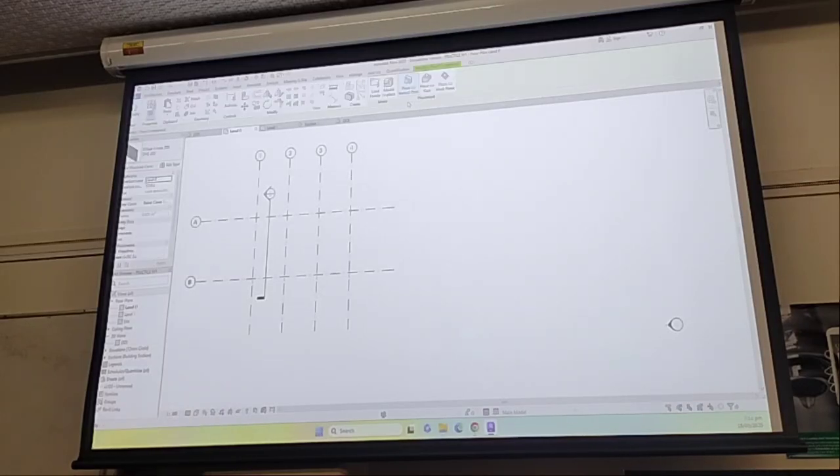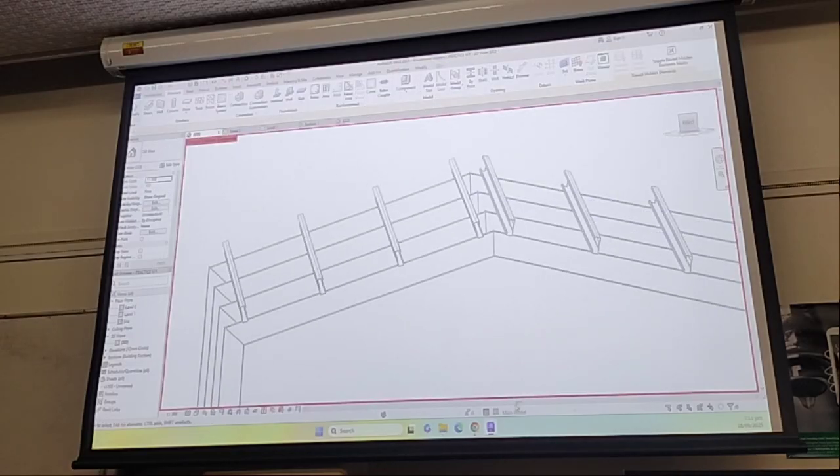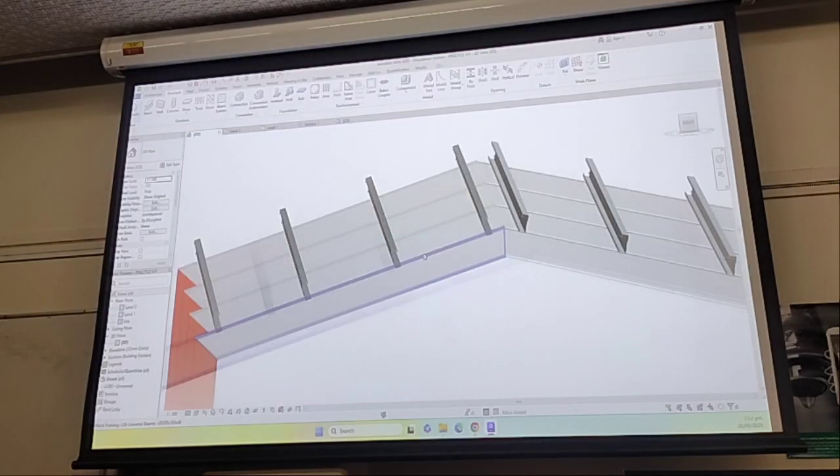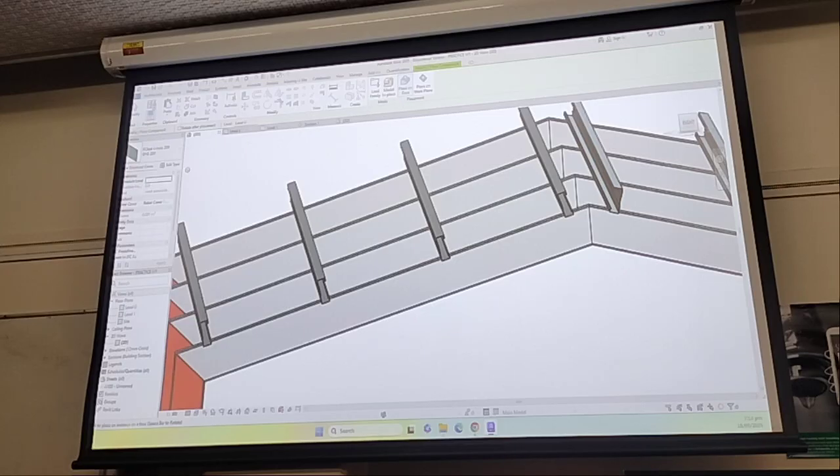Place component. Oh, I should have done this in 3D. I can choose the different components that I've loaded on. If I do place a component,